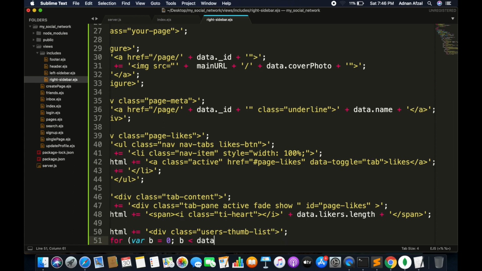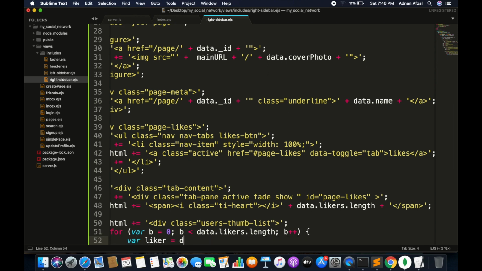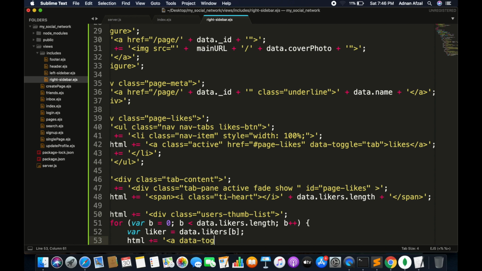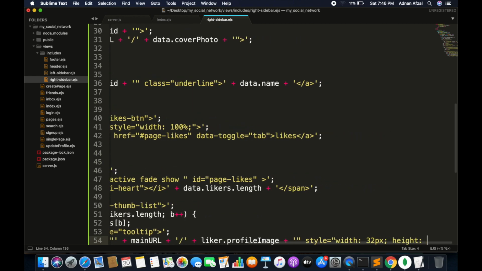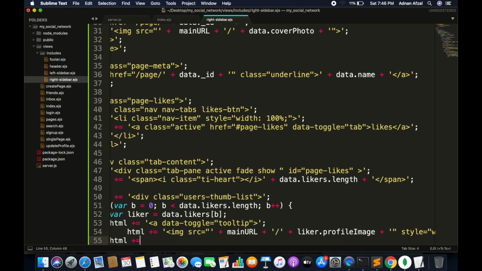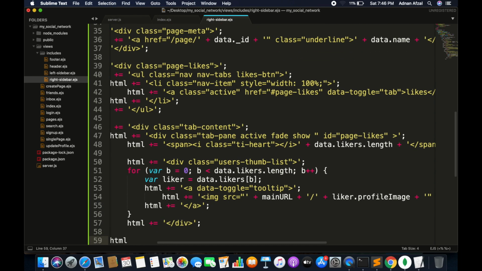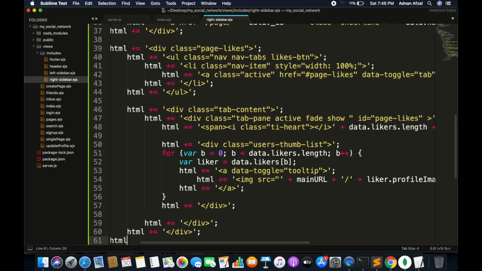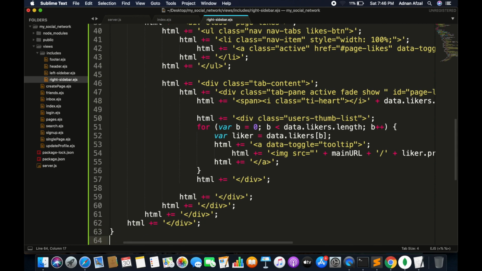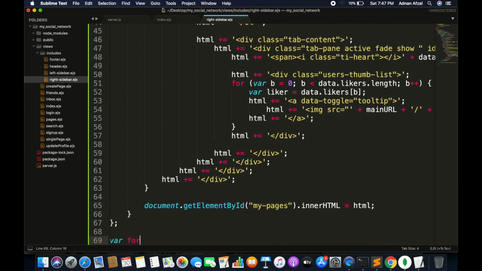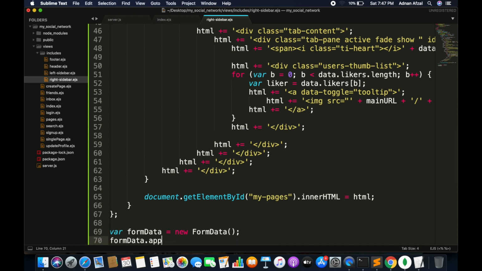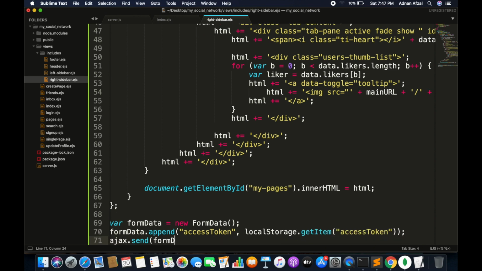Then we are going to display a list of users who have liked this page, and we will be displaying only the image in circular form. Create a form data object, append the access token to it, send the AJAX request,